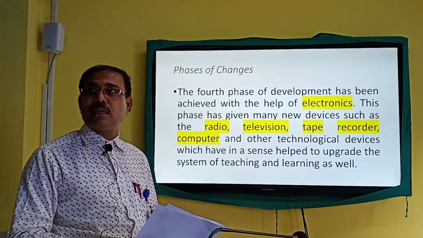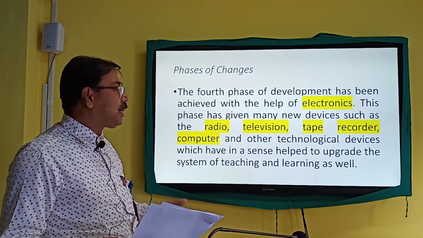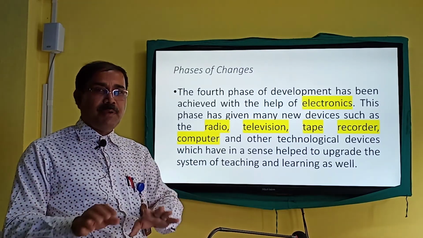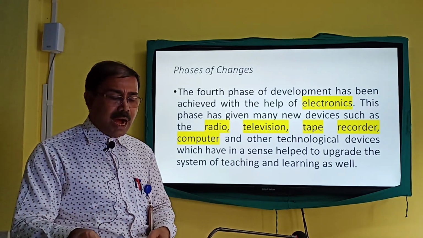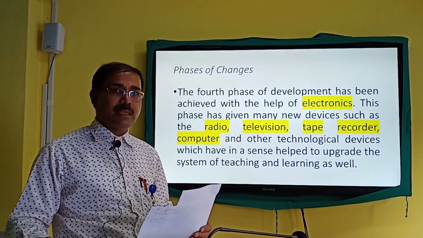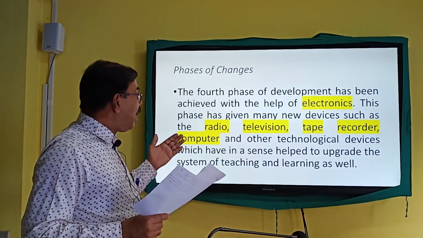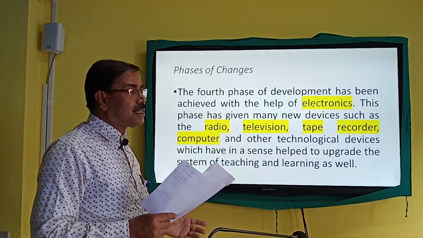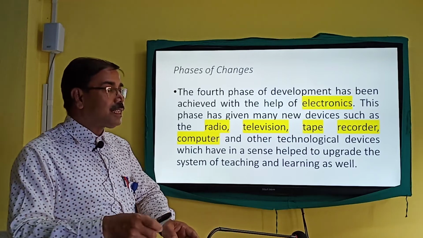And nowadays, with the help of computer, everything becomes possible in the field of human knowledge, particularly for keeping the record, even for DTP purpose, for sending mail from one angle to other angle, or for keeping contact with the people of different parts of the globe. So friends, these are the particular phases of development of the technological advancement in human knowledge. And with the help of all these new things, the process of dissemination of knowledge from one angle to the next angle becomes so